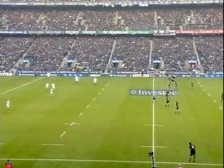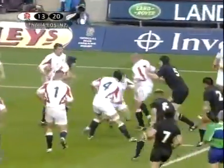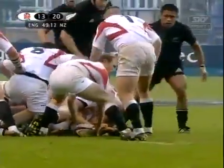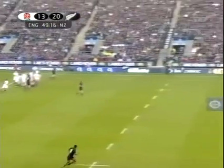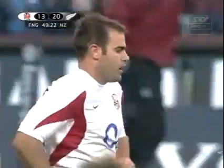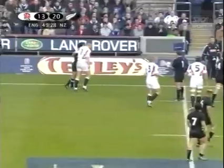Andy Robinson as Carter makes the kickoff. England once again using a winger to take the ball in. Ben Cohen, very highly rated by Wayne Smith when he was at Northampton. And that's a nice clearance. England getting it down inside All Black territory. Quickly taken by Howlett, and